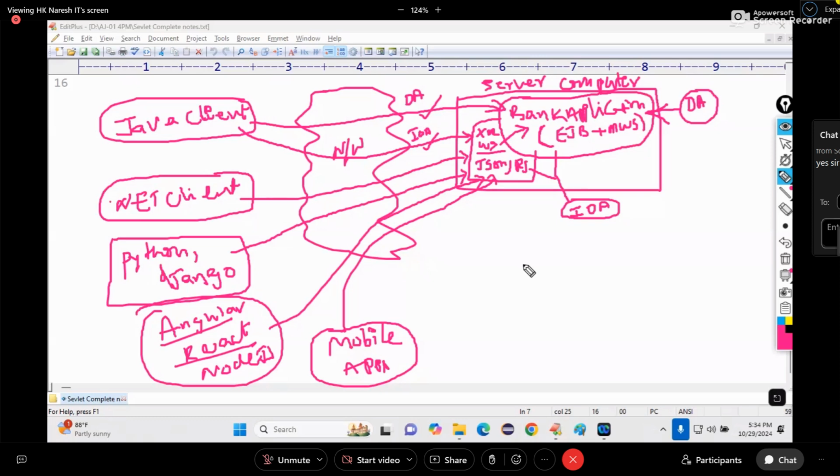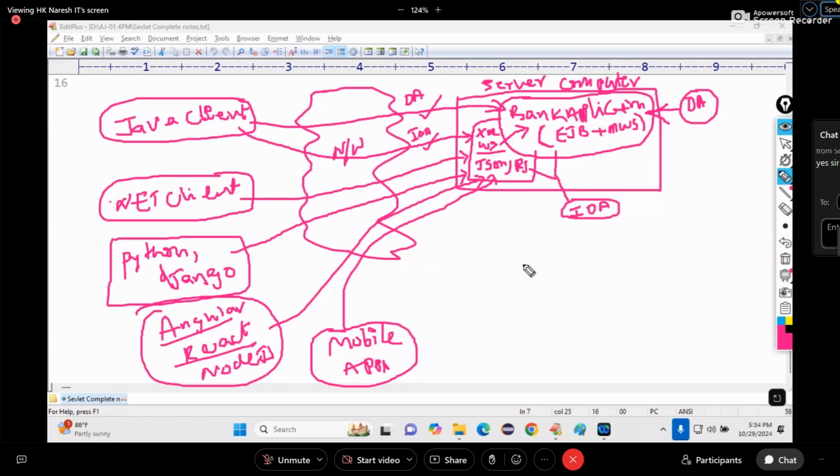Finally, tell me, what is Java EE? Java EE is a framework. It contains different technologies. It provides the technologies required to develop web, enterprise, distributed and interoperable applications. Servlets and JSP are called web technologies.